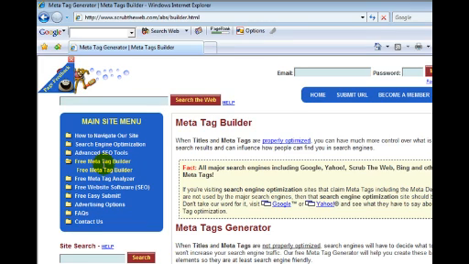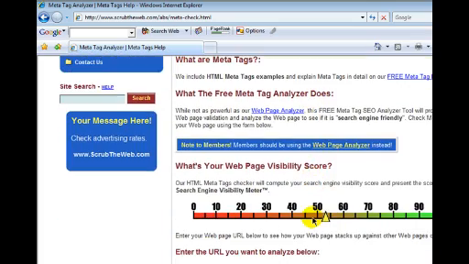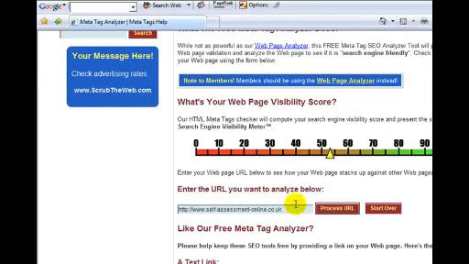We're going to use the free tag analyzer. And you just type in your address, okay, that's my web address, or you should put in your web address in here, and then just click process the URL,